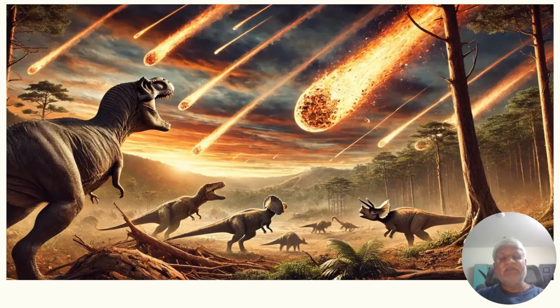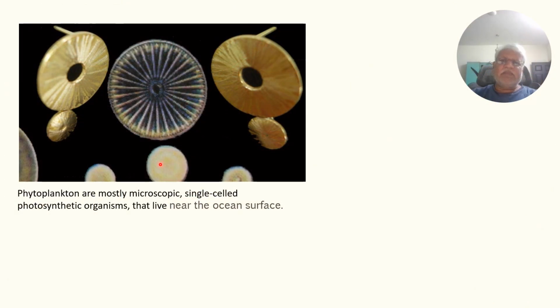So, here we will figure out how photosynthesis played a key role in bringing life back into the ocean and on the earth. When the marine life in the ocean got completely wiped out, only a few survivors remained. Some of them are phytoplankton, some of their species like coccolith, those have revived the life cycle by going through the